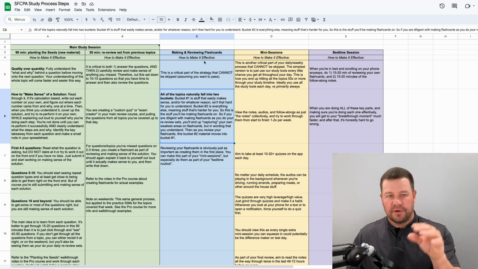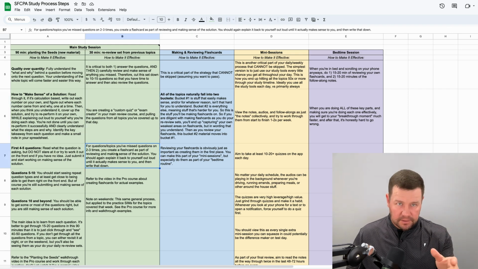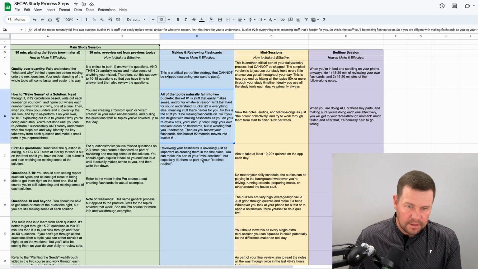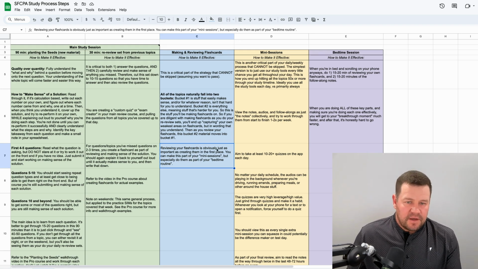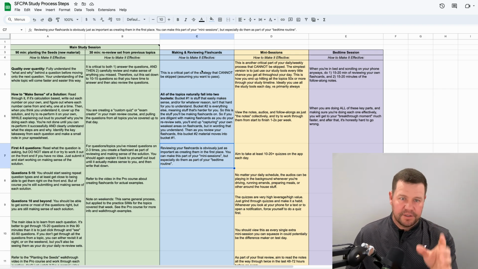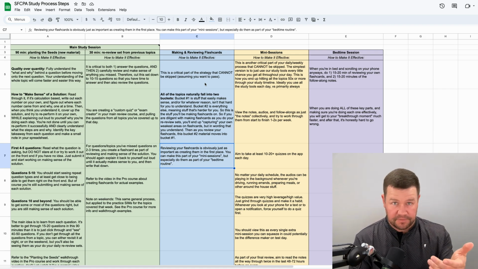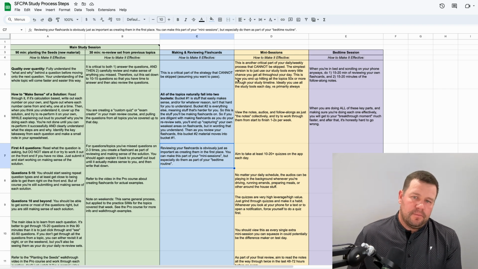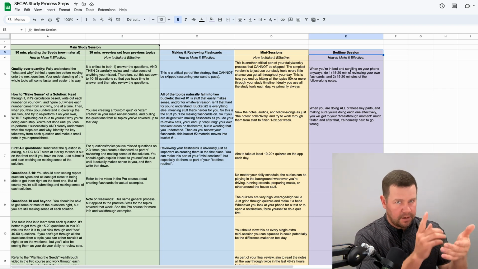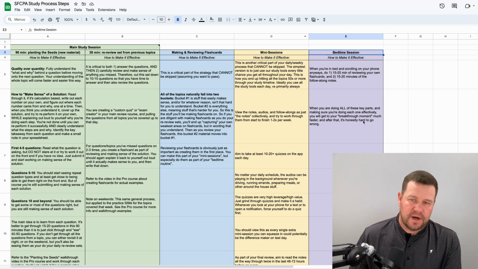That's kind of the idea. That's why making and reviewing your own flashcards on things you've missed repeatedly is so valuable. That should make perfect logical sense as to why that works so well. So reviewing your own flashcards is obviously just as important as creating them in the first place. By the way, I highly, highly recommend you do it on a digital service like Brainscape or Quizlet, because then the decks that you've made are just with you all the time on your phone. It's super easy to review. Primarily, it works best to do it as part of your bedtime session when you're in bed scrolling on your phone anyways, and we'll describe this in a minute.